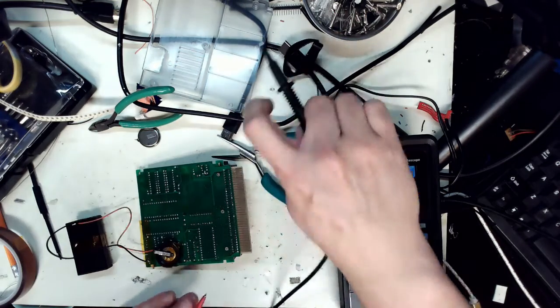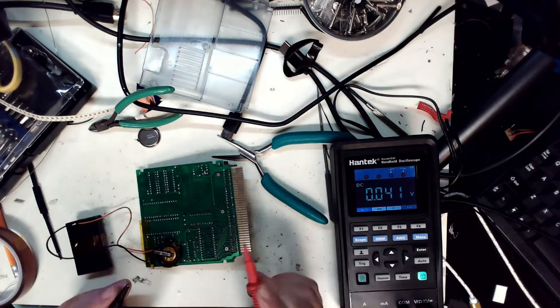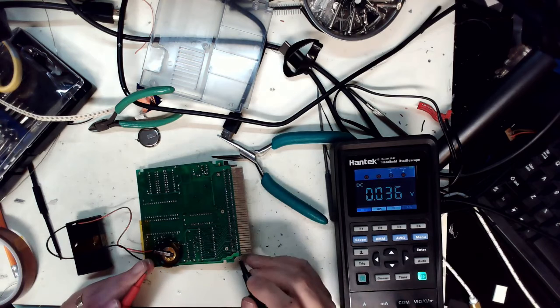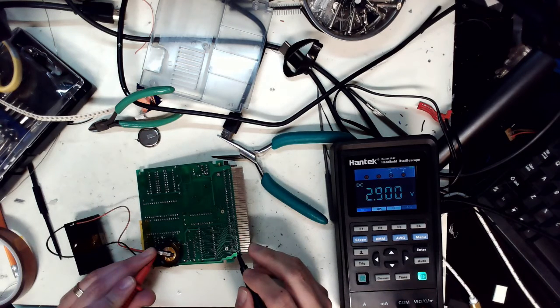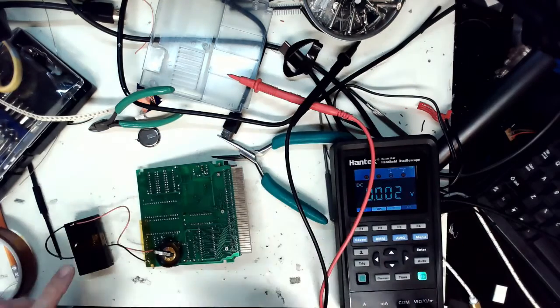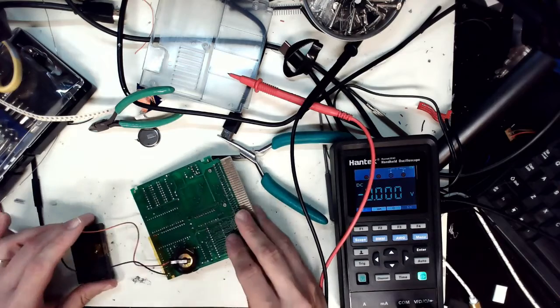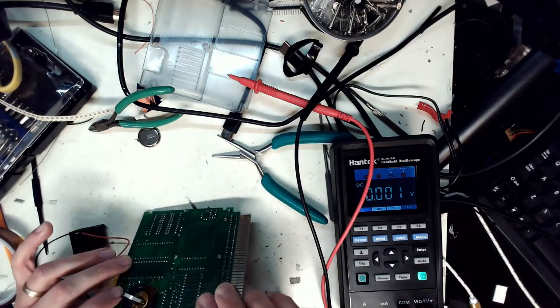And you can see if you hook into the ground, oops, wrong way, Dave. You're going to hook into the ground here, and you can actually see there's about 3.2 volts. The new battery actually has higher voltage than this guy here. So now all that remains is to pop off